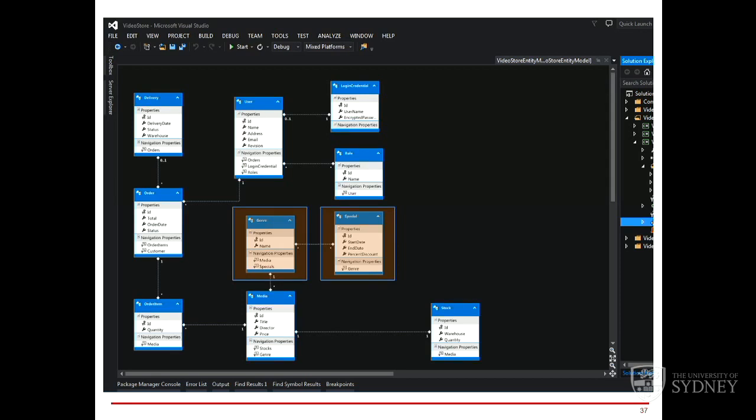One to many. So yeah, I've got media and stock. I can have multiples of these, but each one of these refers back to a single one of these. So I've got a media ID in each one of these records because it's one to many between those two.